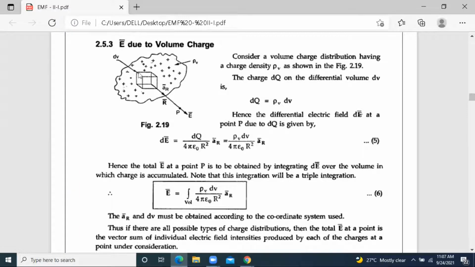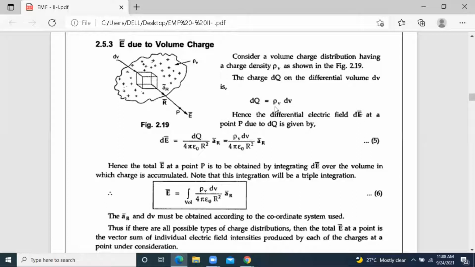This is your volume, right? So this is obviously a rectangle. For your differential volume or the small volume, the differential charge contained therein is rho v dv,